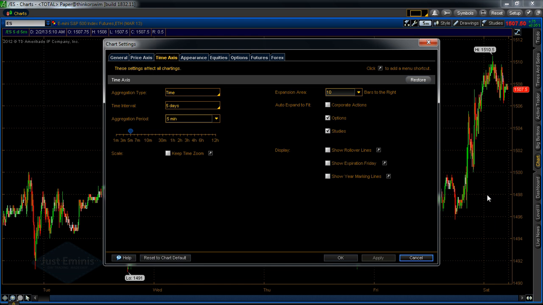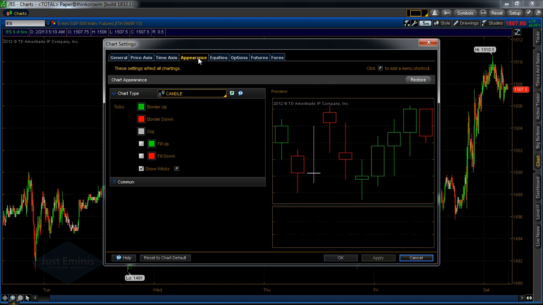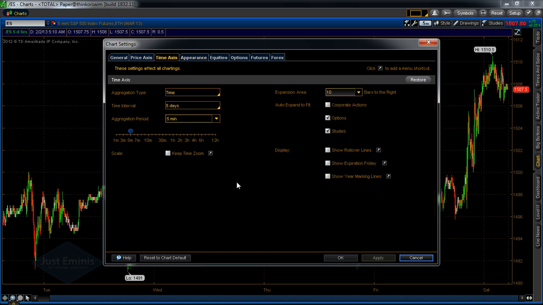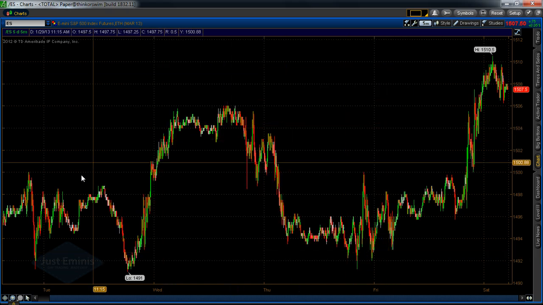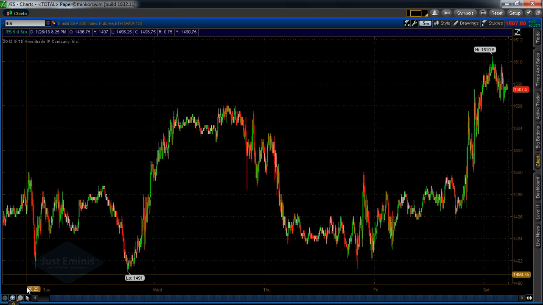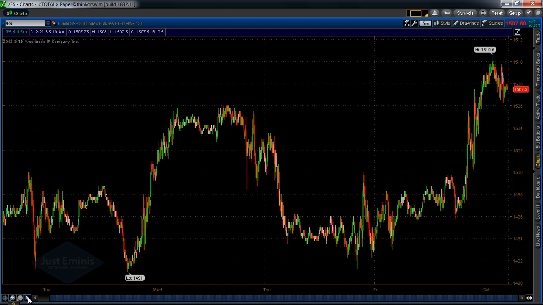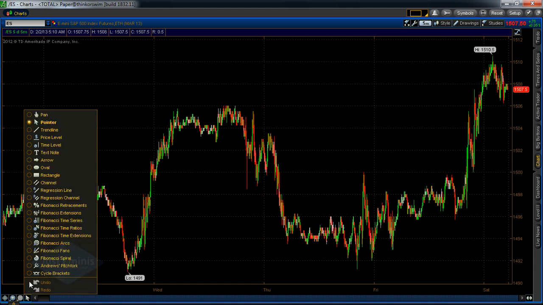You can take your lines off the back if you want. We'll have a look at that appearance. I think it might be through here. And we'll have a look at time axis. It is one of those options, so you can go through it. Studies, fine, that's alright. It's in there anyway. It's pretty straightforward. That's it. What we're going to do, we've got our drawing lines down here. So to get this started,